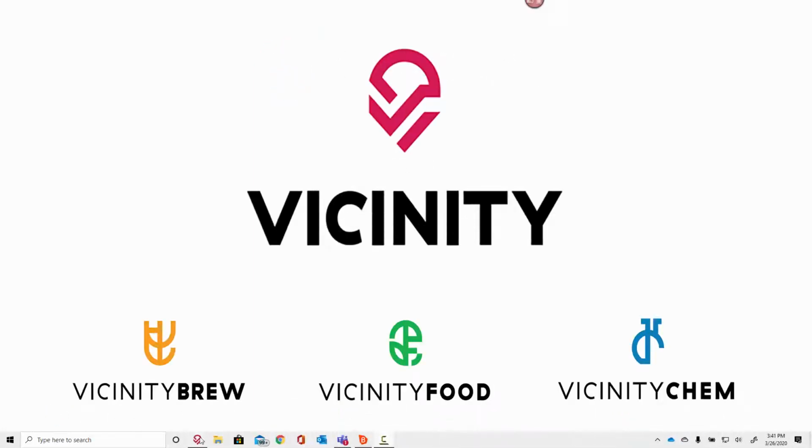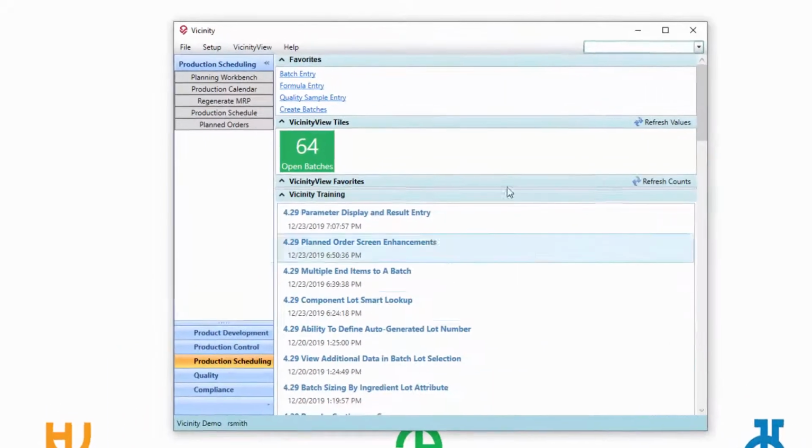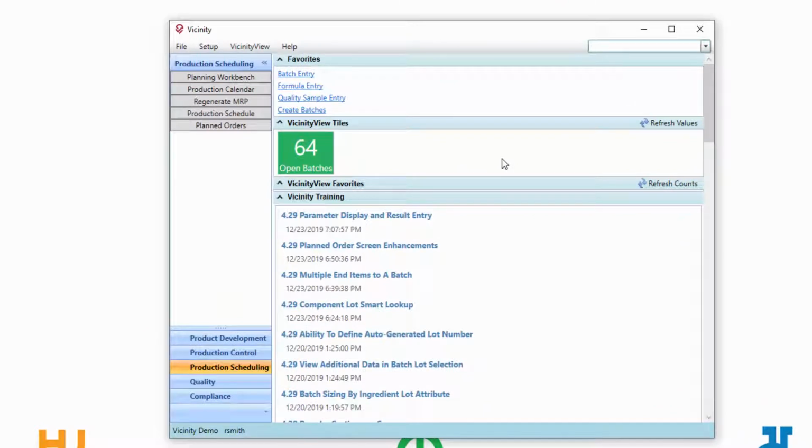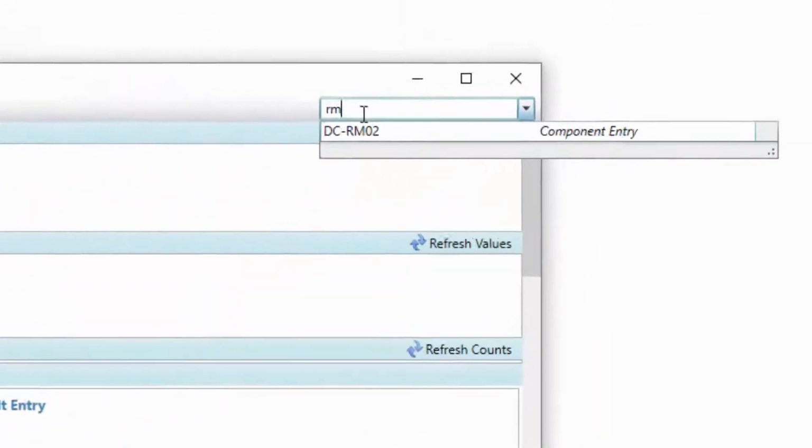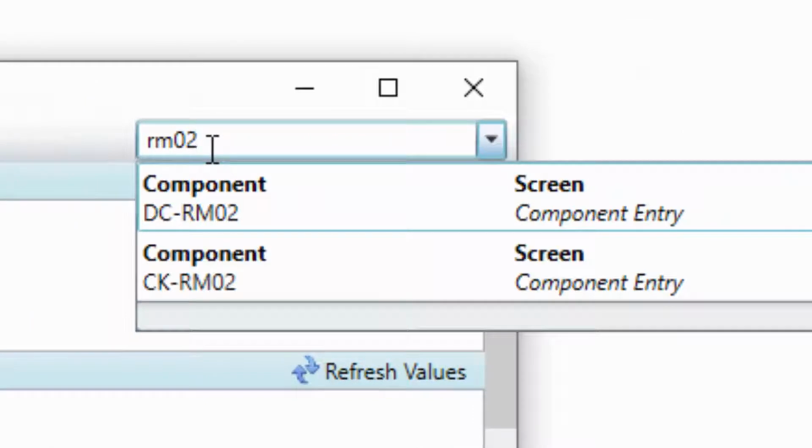Hello. I wanted to take a minute to go over some navigation functionality that was added in Vicinity 4.3, our March 2020 release. In a previous video, I recorded the ability to do a partial lookup on really any part